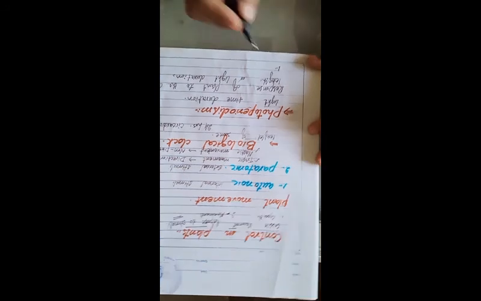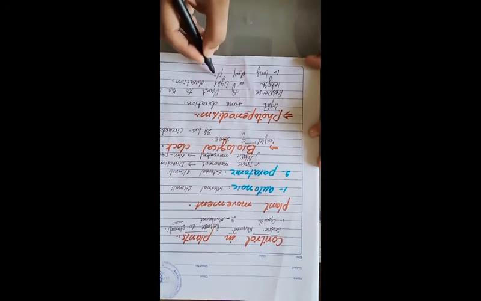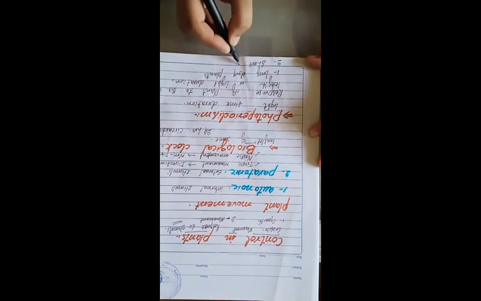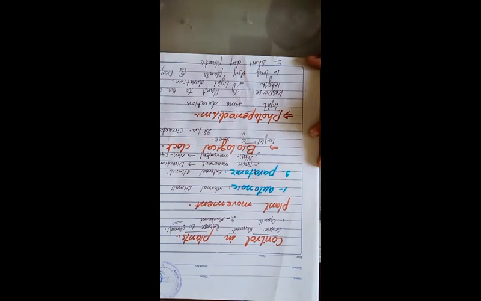On the basis of photoperiodism, we divide plants into three types: long day plants, short day plants, and the third one is day neutral plants. Okay. So mostly which part of the plant responds to the photoperiodism? It is flowering in plants.